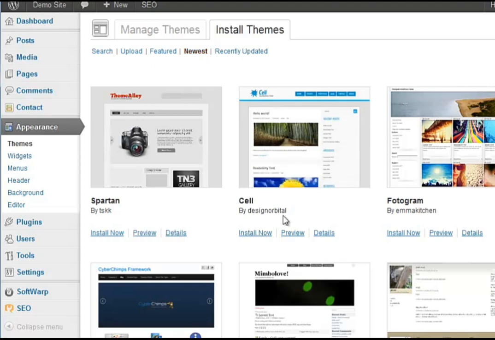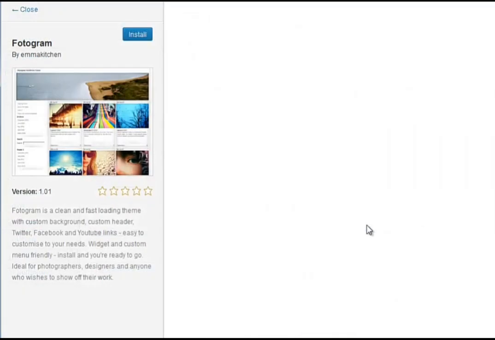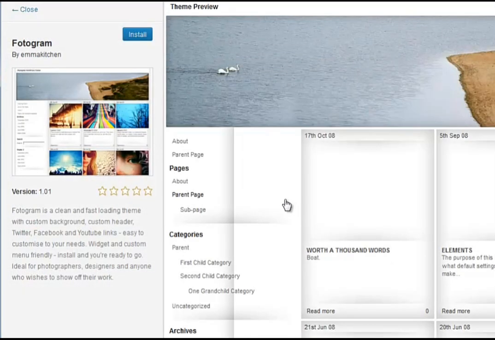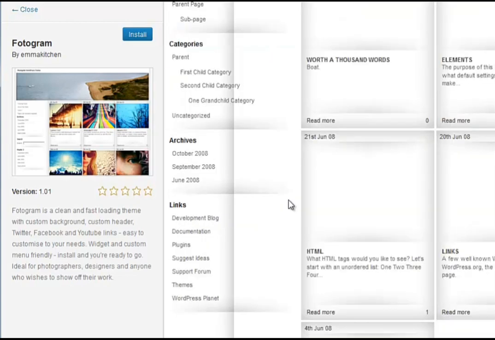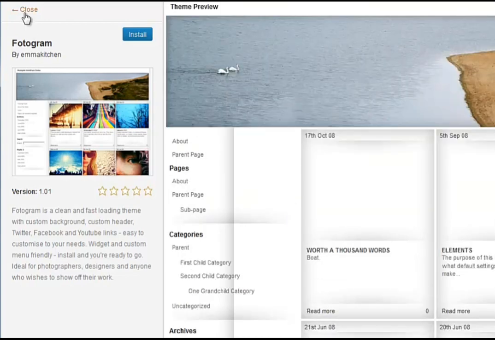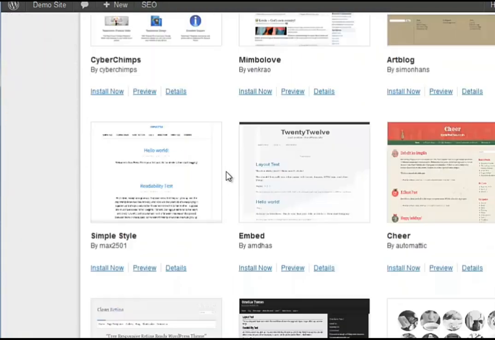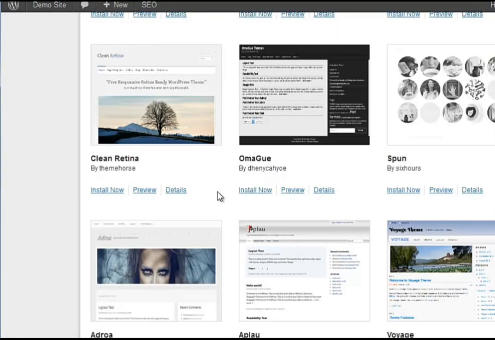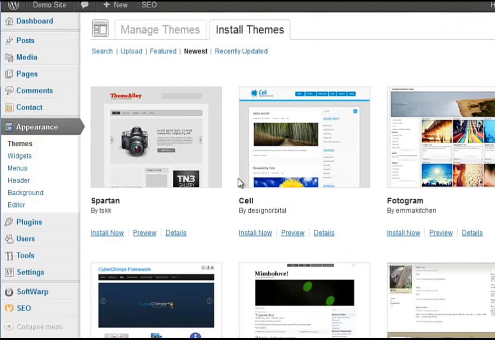And so you choose one that you think looks okay, you can preview it, and it now previews what your current site would look like, ish, on that. Close out of that, and you go through, and as I said, you can spend hours, or you can find a graphics designer who will just design you a site for however much money you want to pay them. They're all over the place on pricing, ranging from very, very cheap to very, very expensive and all points in between. And you just tell them you want a WordPress design,